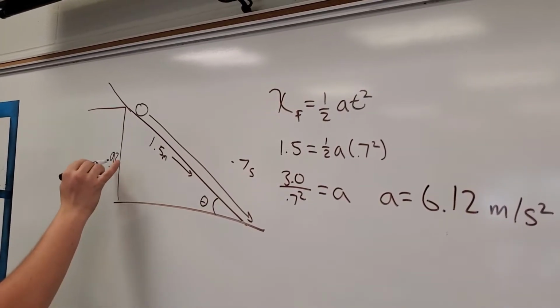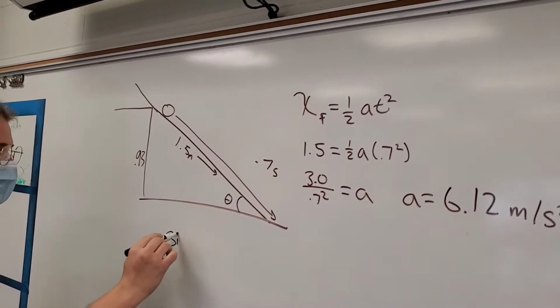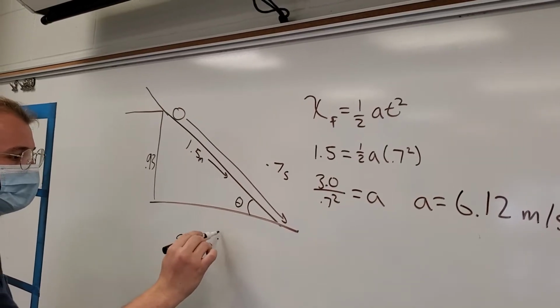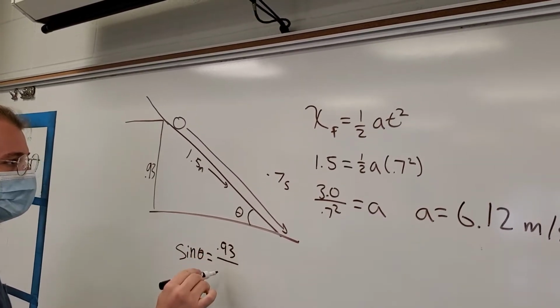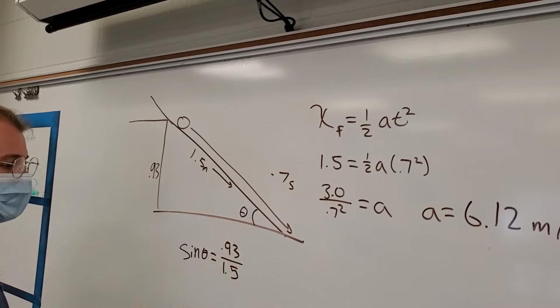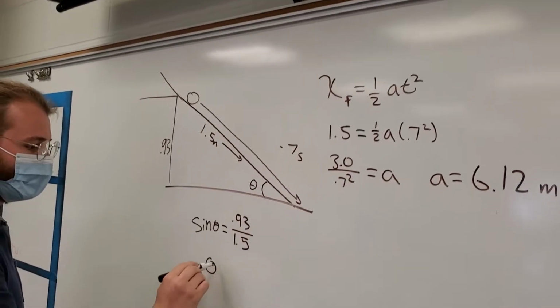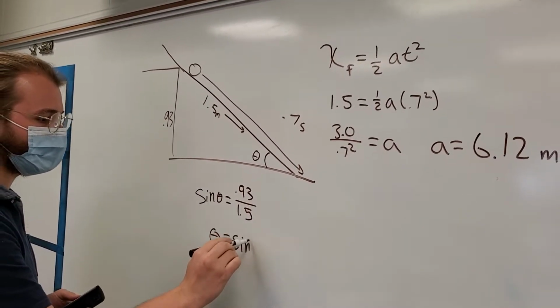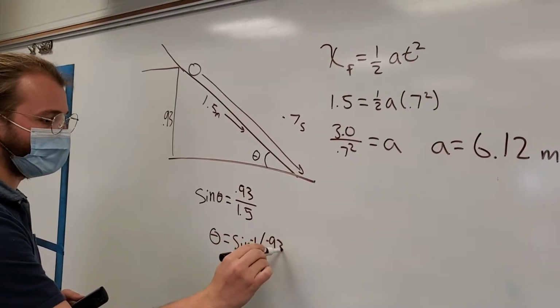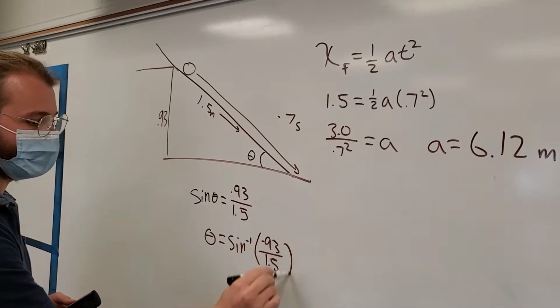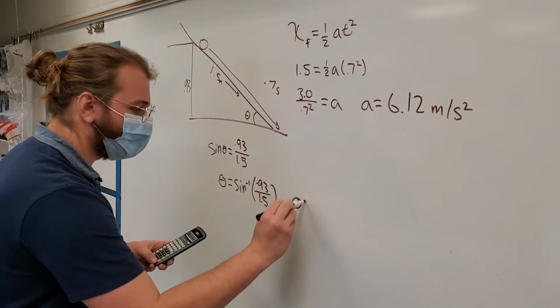We know that sine is equal to opposite over hypotenuse. So the sine of our angle is equal to 0.93 over 1.5. To get this angle, we're going to say our angle is equal to the inverse sine of that quantity right there. So let's do that real quick. Yeah. So we got an angle,